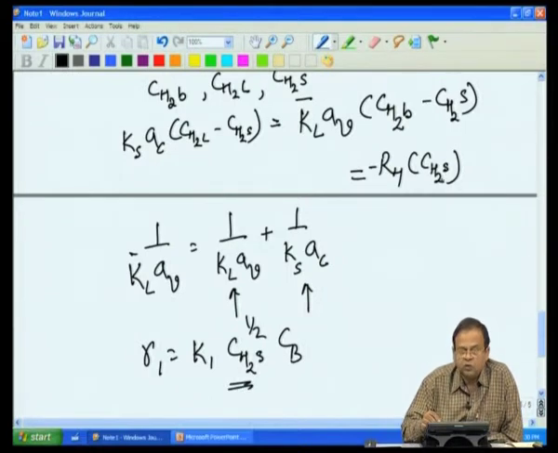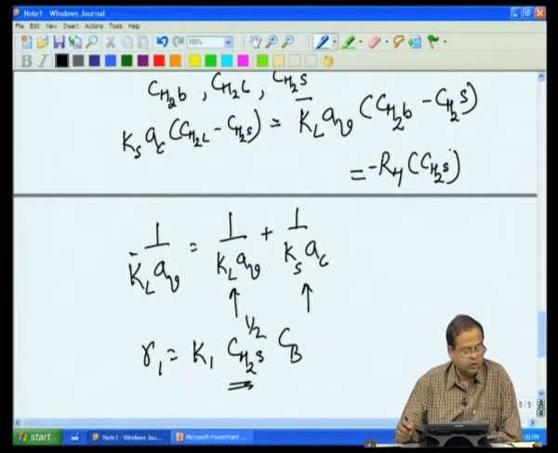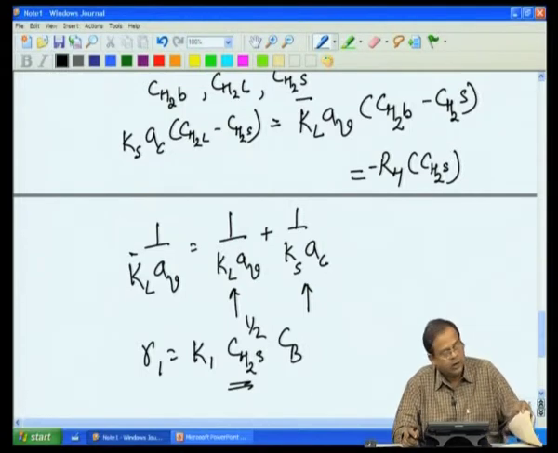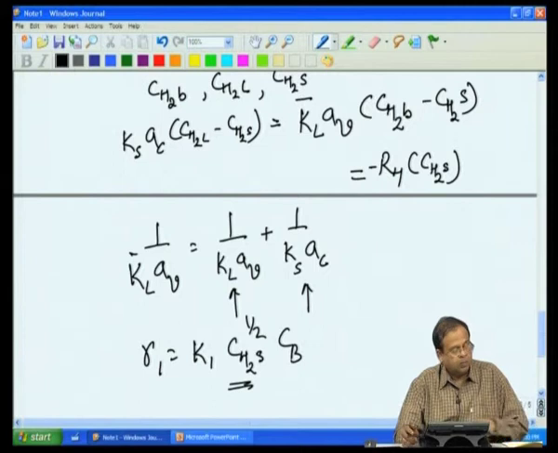That value of C2H at the surface of the catalyst, which we cannot measure, is related to the concentration of hydrogen in the gas phase, CH2B, not a direct relationship, but an implicit relationship. So, that is sufficient for us to write down our mass balance